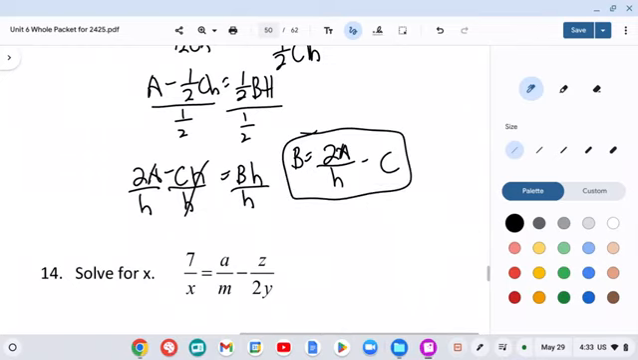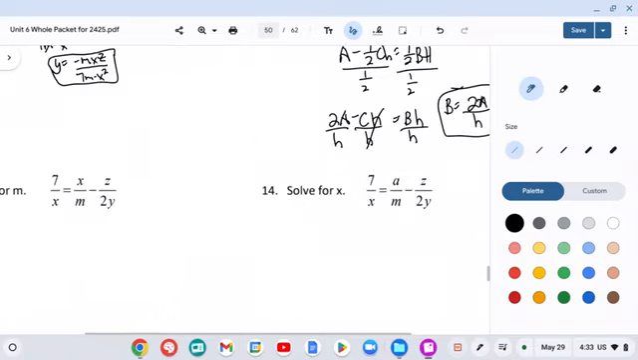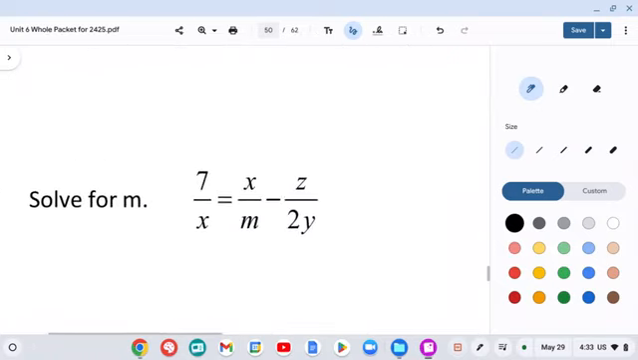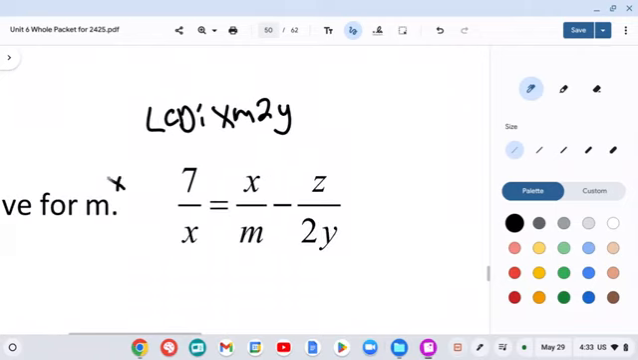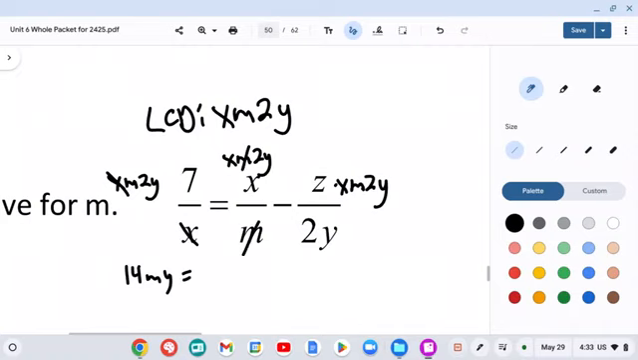And then you can press pause and see if you get these other ones right. I'm going to go quick. So your LCD is x, m, 2, and a y. So that's going to multiply by all the tops. So now the x's would cancel. I'm left with 14my equals. The m's would cancel, and that's 2x squared y. And then the 2 and the y cancel. So I'm left with